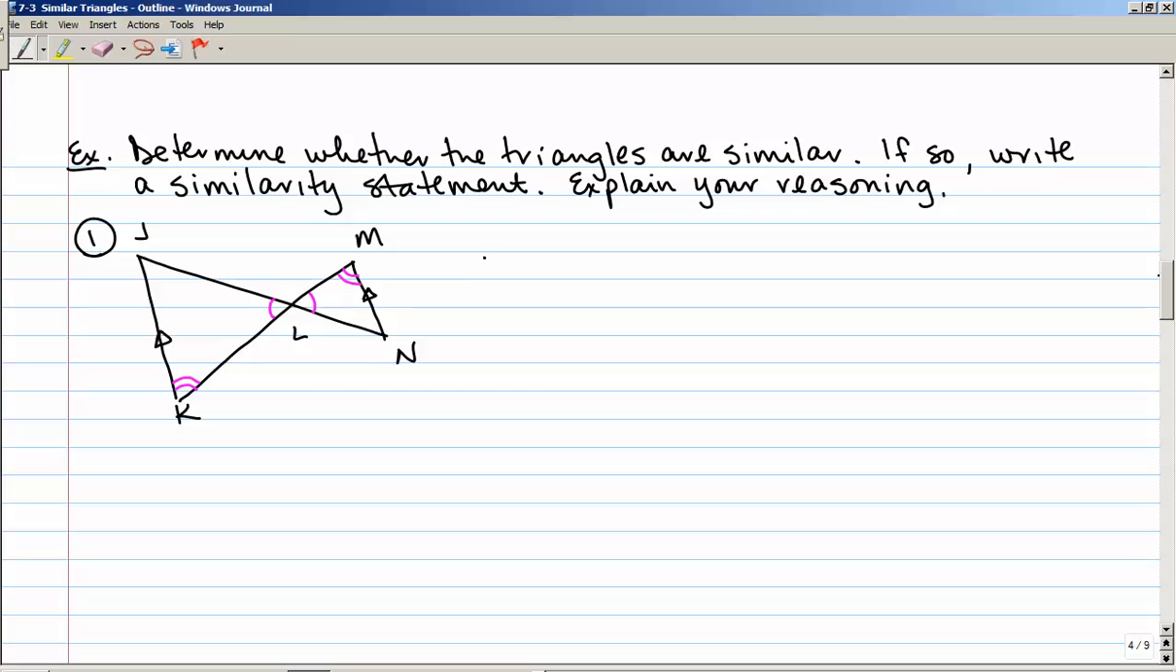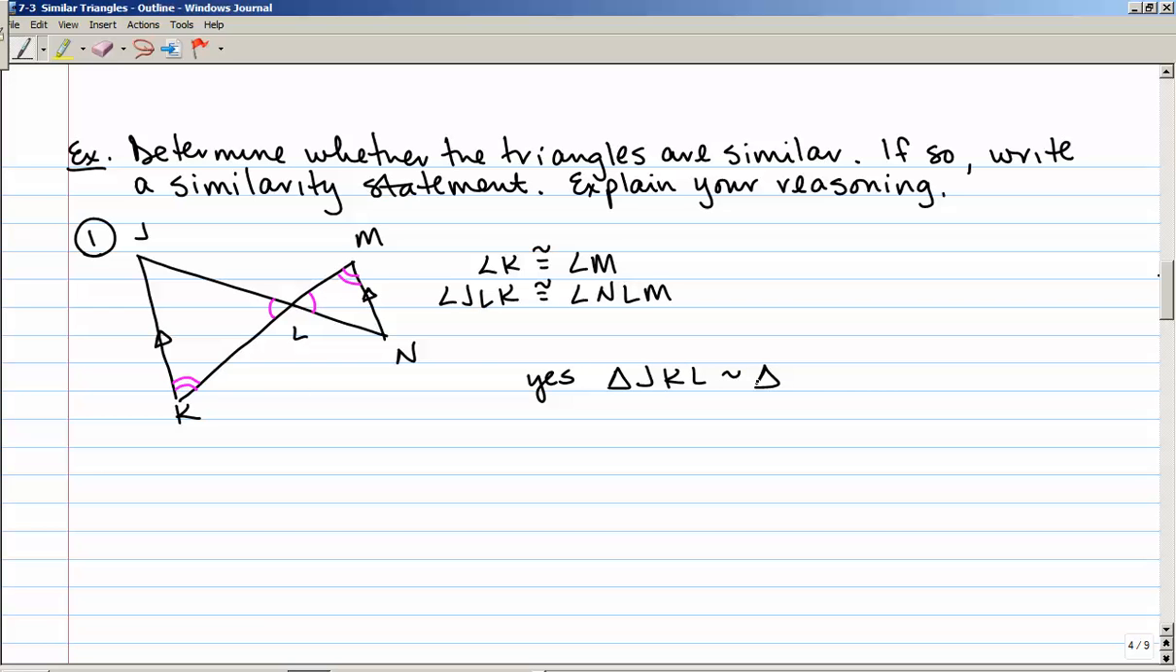So I have angle K is congruent to angle M, and angle JLK is congruent to angle NLM. Oh, I'm sorry, NLM. Okay, so since I have two angles congruent to each other, yes, they're similar. Yes, in fact, let's go ahead and name them. Triangle JKL